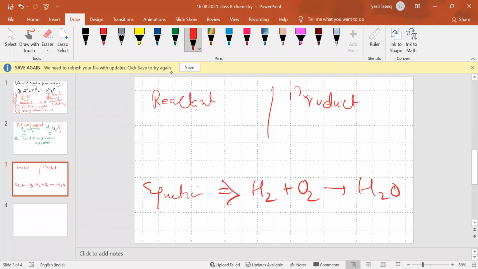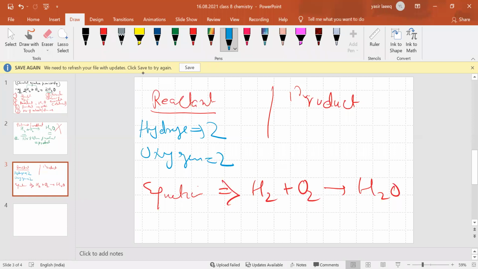Is it clear? Yes, sir, it is. Okay, in reactant part, hydrogen is 2, oxygen is 2. In product part, hydrogen is